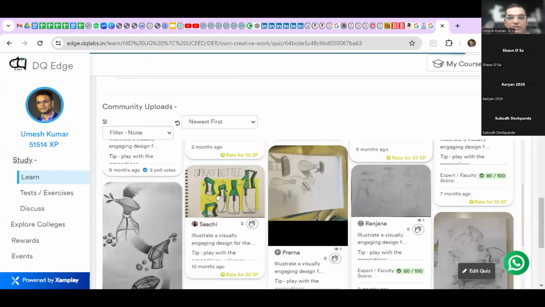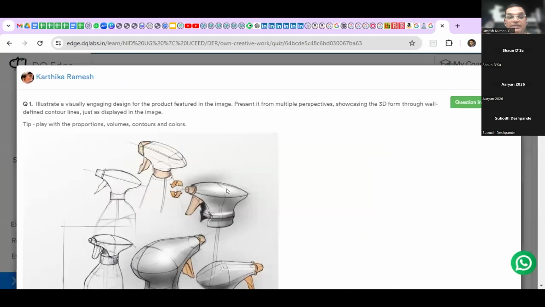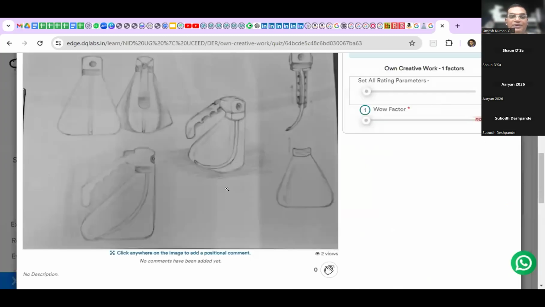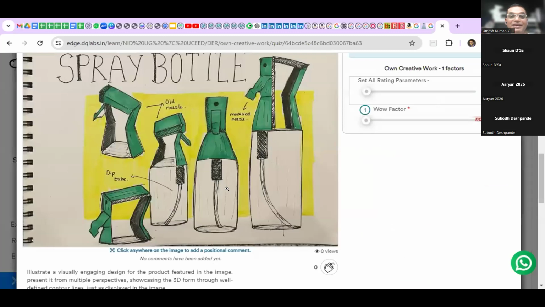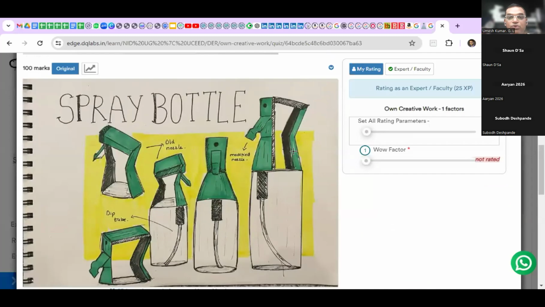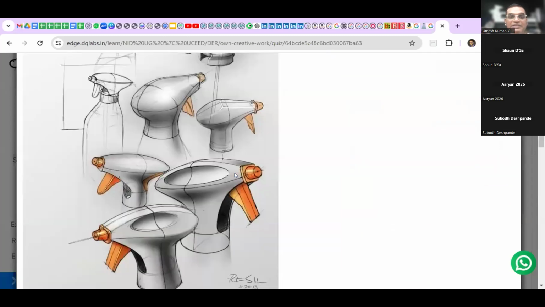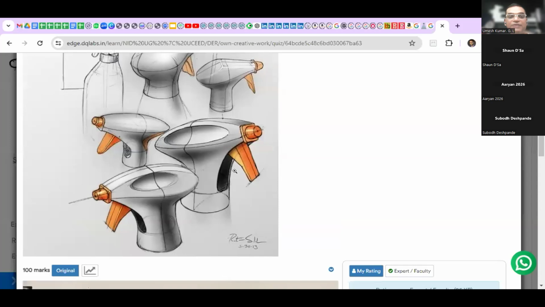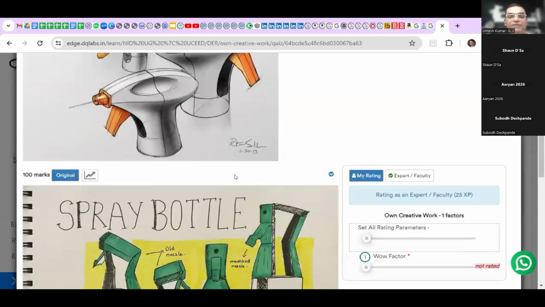You can also see this particular drawing, this spray bottle. So this student has taken... All right, you can look into this. See, there are little changes that the student has done and created a new form, right? A completely new form. But she is learning from the replication work. So this is where your replication work...